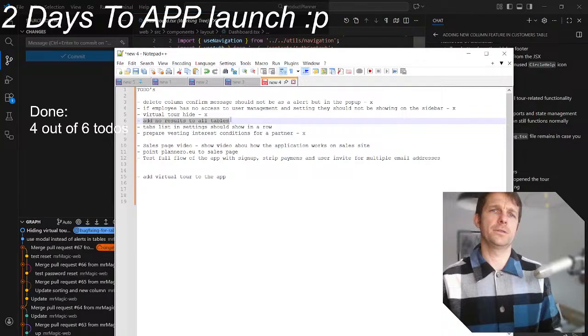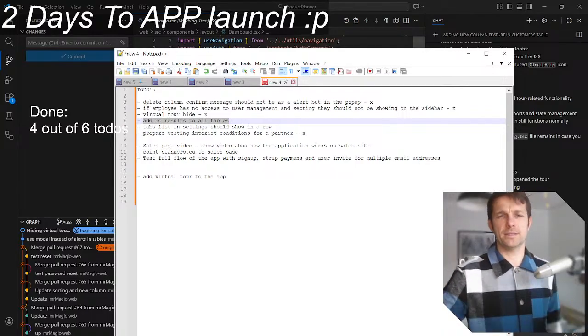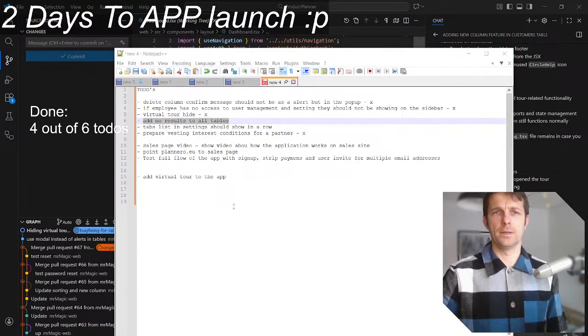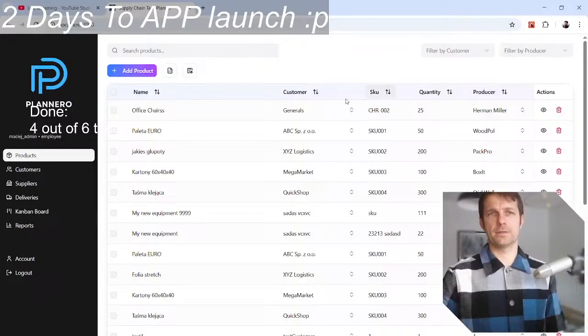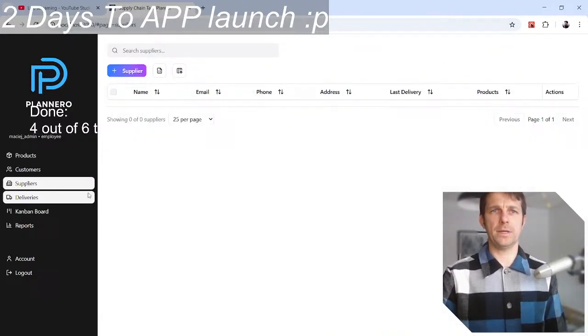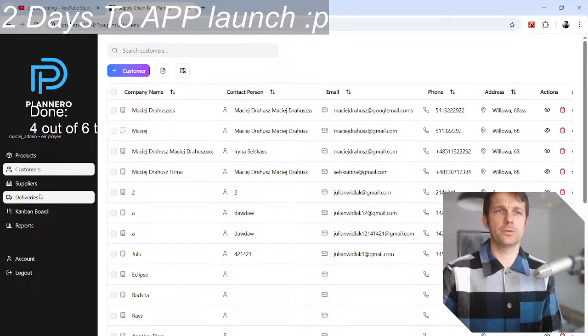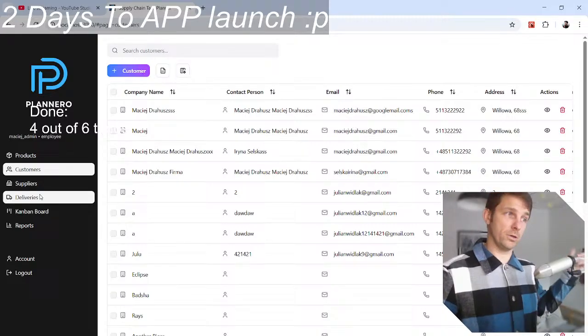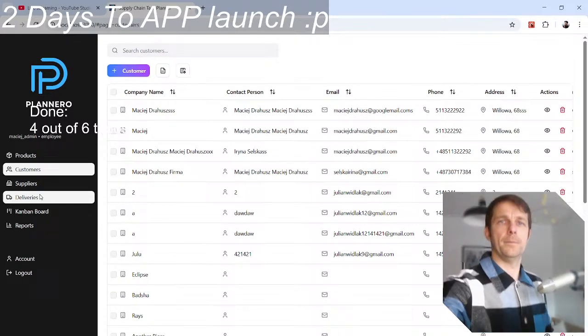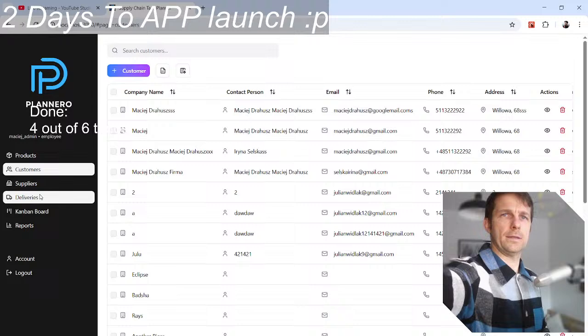Add no results to all tables. Okay, this is actually simple. So when we have no products or no customers or no suppliers, yeah, like here. Actually, this should be a loading state.